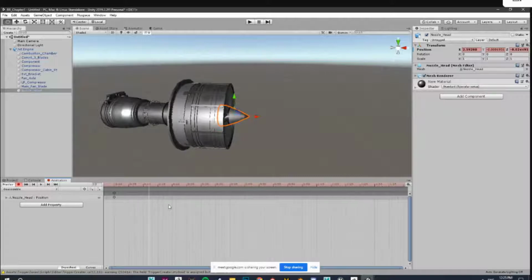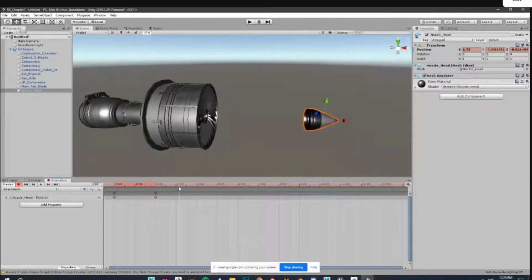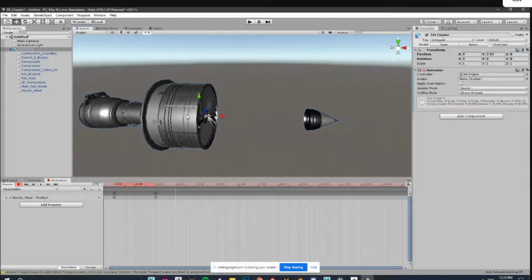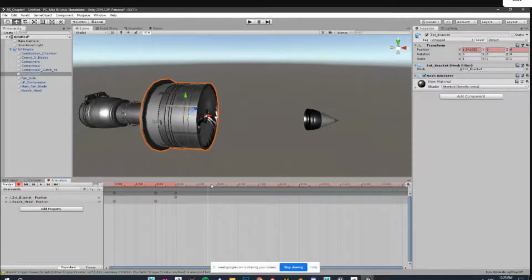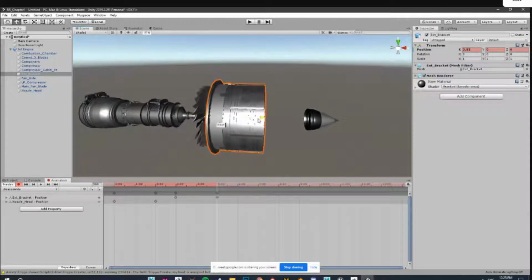Let's say after 2 seconds, this will go here. Probably after 3 seconds, add keys for this object, and this will go here.